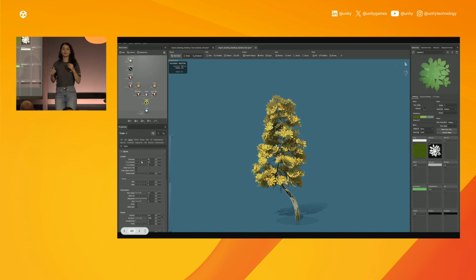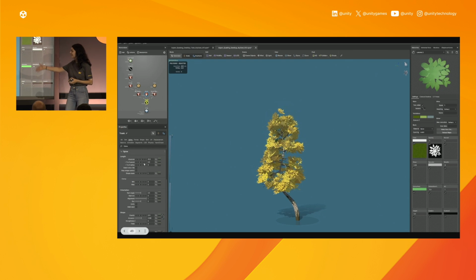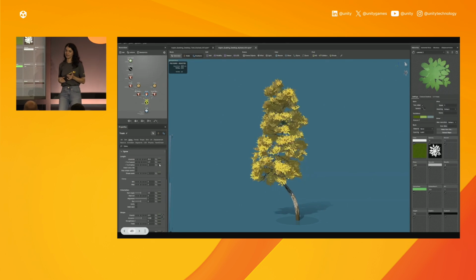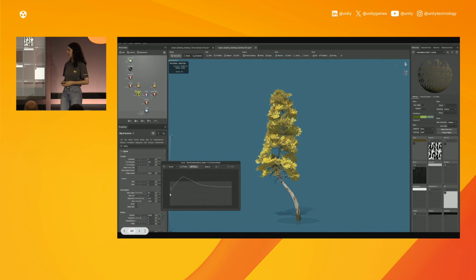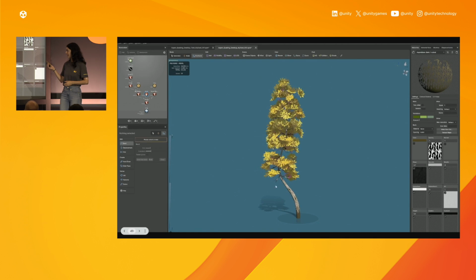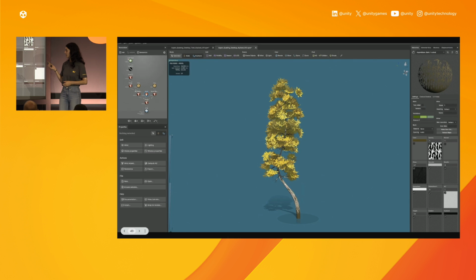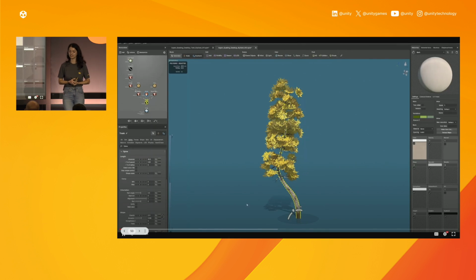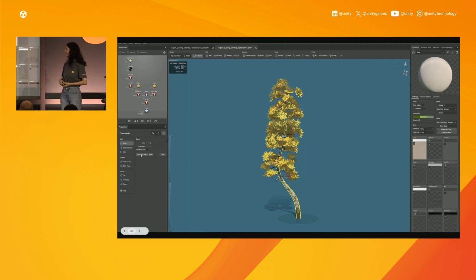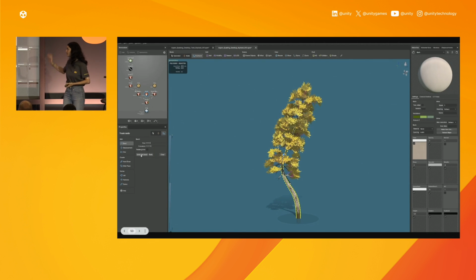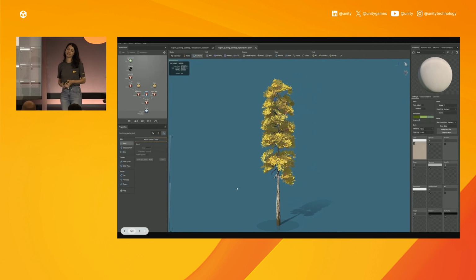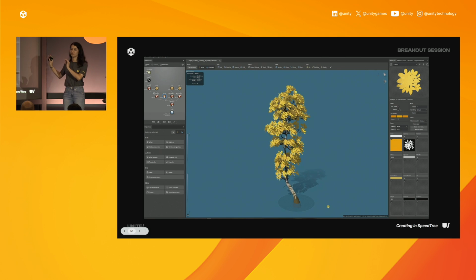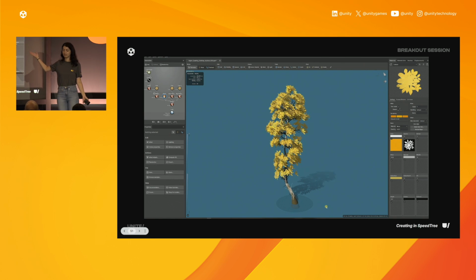But one important thing about working with freehand tools and working procedurally is that we can still make procedural edits after we've made freehand edits. So you can blend back and forth between the two. Now, I told you earlier that one important concept in SpeedTree is working non-destructively, and that applies to freehand edits too. So even if you save out your file and you come back months later and you want to take out those bends, a straight trunk is right at your fingertips, no problem. But I'm going to stick the bends back in there and do a few more procedural edits. And this is what we've come up with.